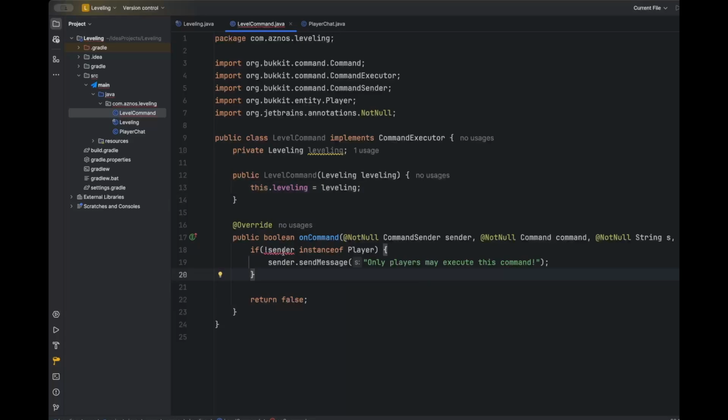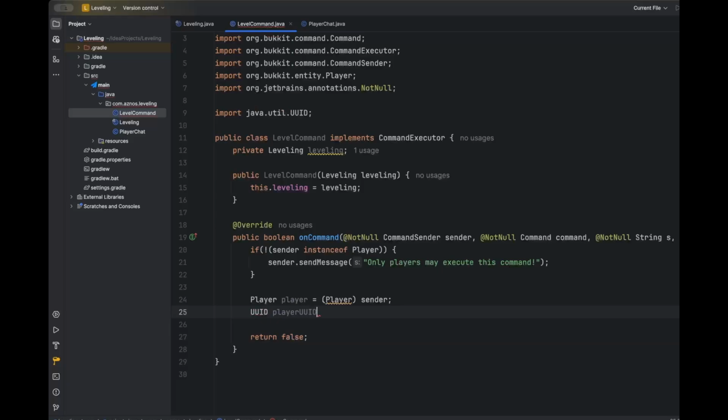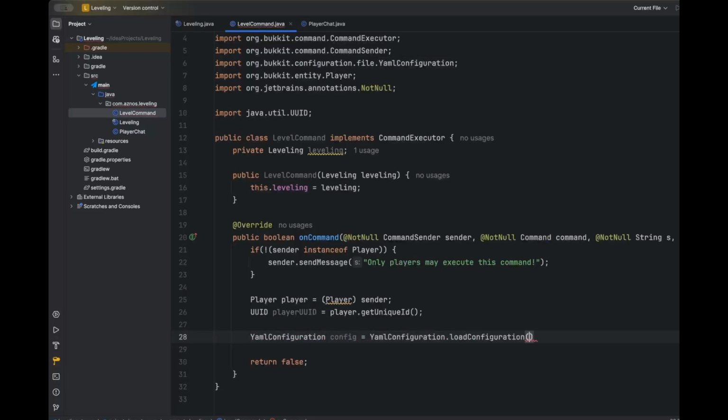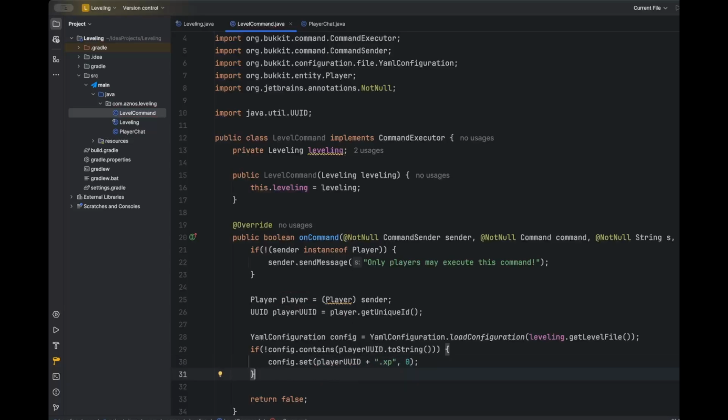And what's wrong here? Okay, let's just change that. And then we're going to get player, so Player player equals (Player) sender, UUID playerUID equals player.getUniqueId, and then YamlConfiguration config equals YamlConfiguration.loadConfiguration(leveling.getLevelFile). We're going to load the configuration so we can read it. Then if the config does not contain the playerUID.toString, we're going to say config.set(playerUUID plus ".xp", 0), again just setting the default XP to 0,